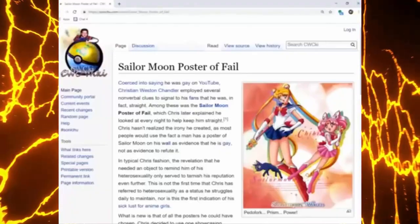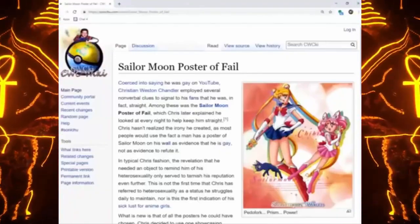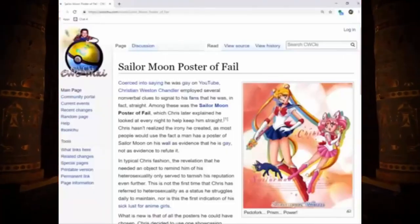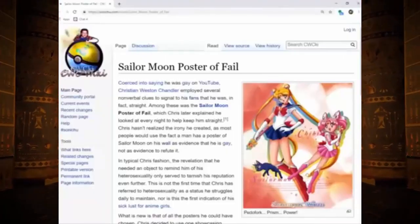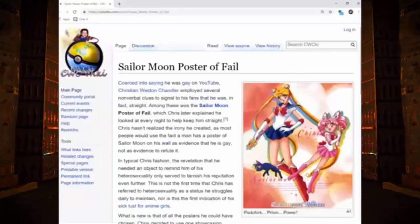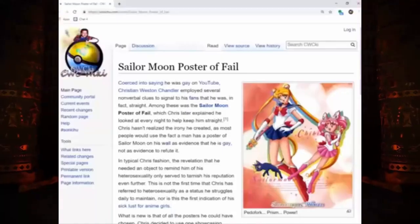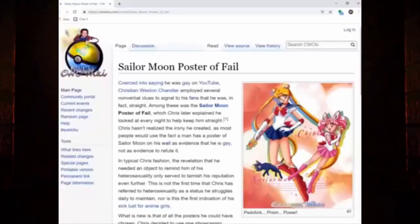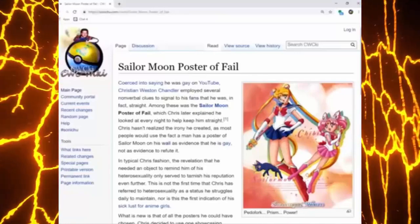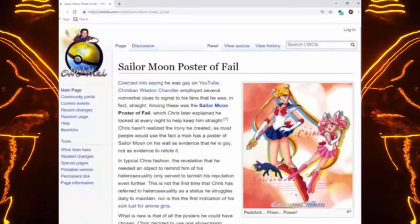Now, we talked about this with the Clyde Cash video, so if you want to go watch that, do that. That is in my troll series of videos. Among these was the Sailor Moon poster of fail, which Chris later explained that he looked at every night to keep himself straight. Chris hasn't realized the irony that he created, as most people would use the fact that a grown man has a poster of Sailor Moon on his wall as evidence that he is gay,